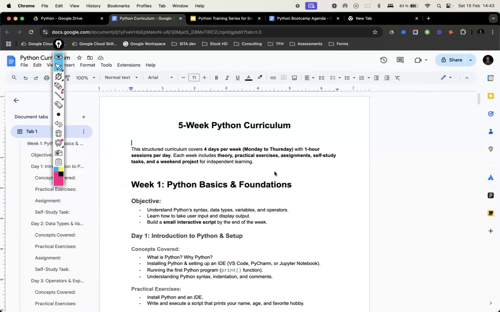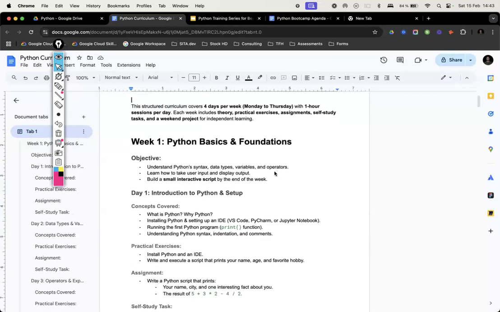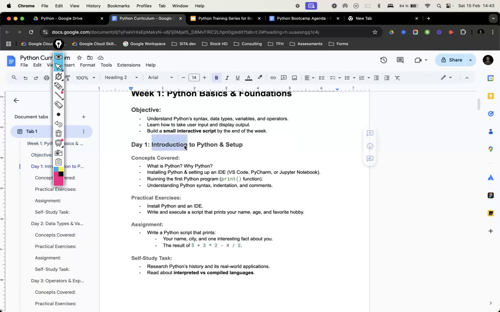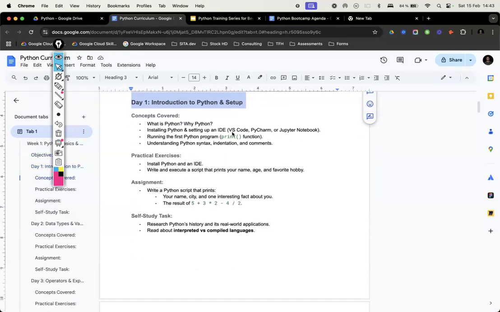So this is the 5-week curriculum. Today, what we are having now is an introductory session. In week 1, we cover the introduction and Python setup. If you have never written a single line of code, we'll do that. We will cover how to install VS Code. Some people already have VS Code. We'll cover PyCharm. You can also do Jupyter Notebook as well. All are fine. You can pick one and start learning it.